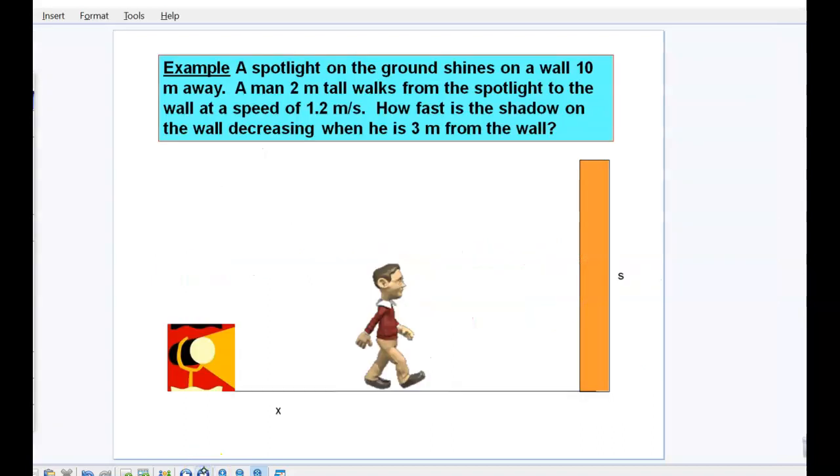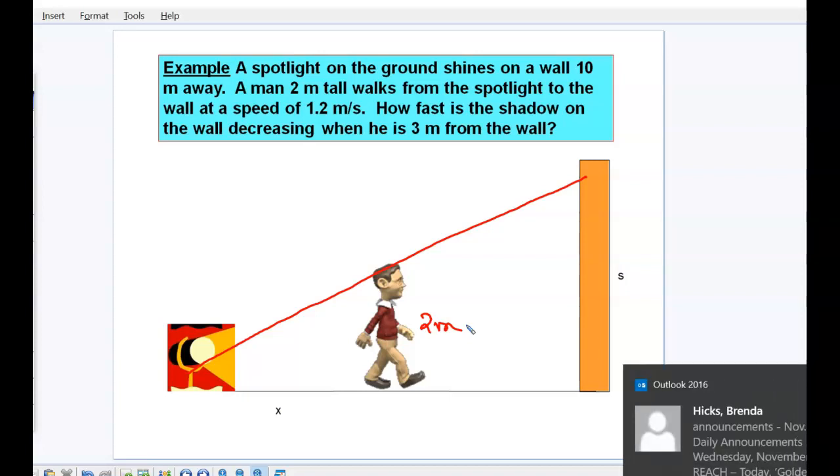In our next example, we have a man and a spotlight on the ground, shining as the man is walking towards a wall that's 10 meters away. My light path is going this way, and you can see I have already indicated s on the wall, because that's going to be the height of the shadow. As the man gets closer to the wall, the shadow is going to get smaller and smaller. It says, a spotlight on the ground shines on a wall 10 meters away. A man 2 meters tall walks from the spotlight to the wall at a speed of